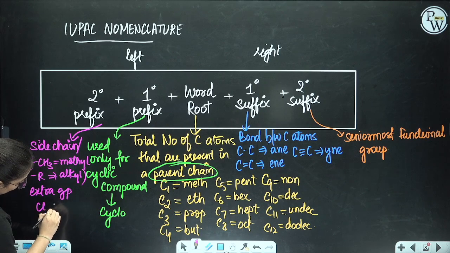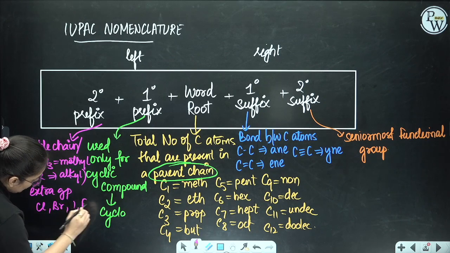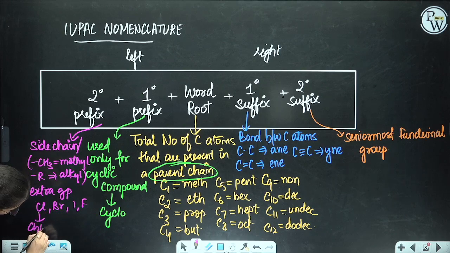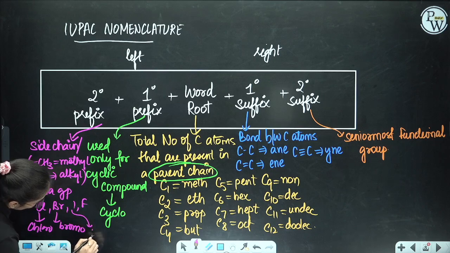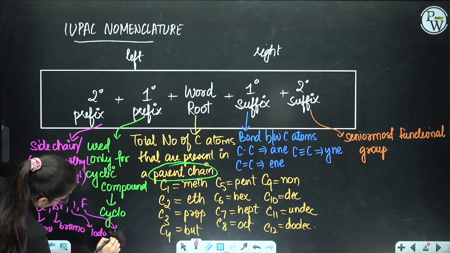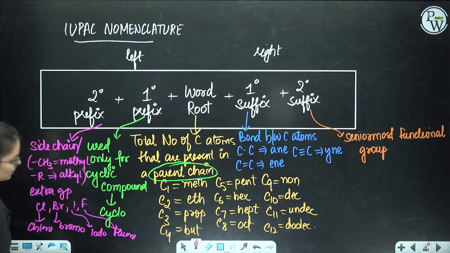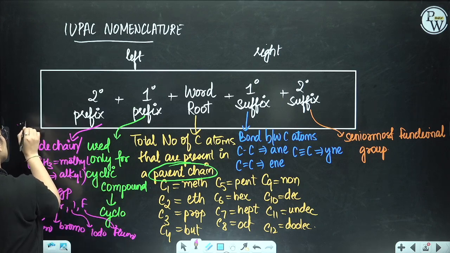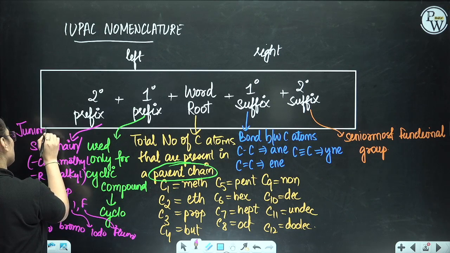For example, chlorine, bromine, iodine, fluorine. So for chlorine, you will be writing chloro. For bromine, you will be writing bromo. For iodine, you will be writing iodo. For fluorine, you will be writing fluoro. Clear with this part? Or even it can be used as a junior most